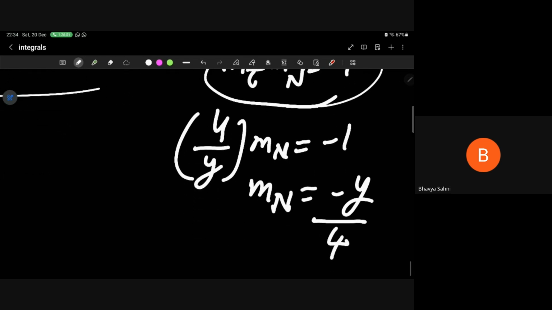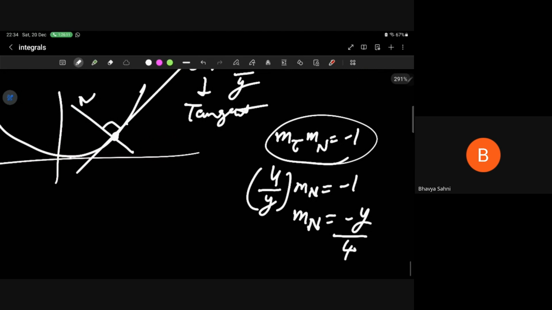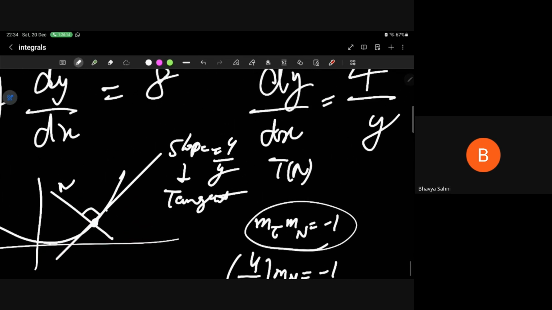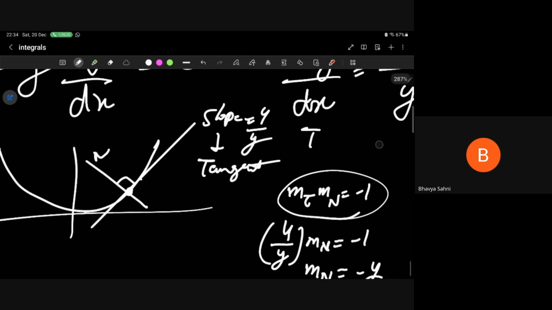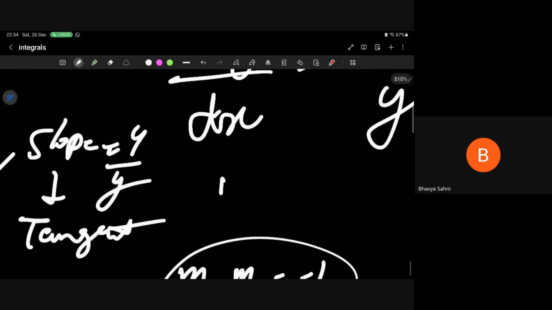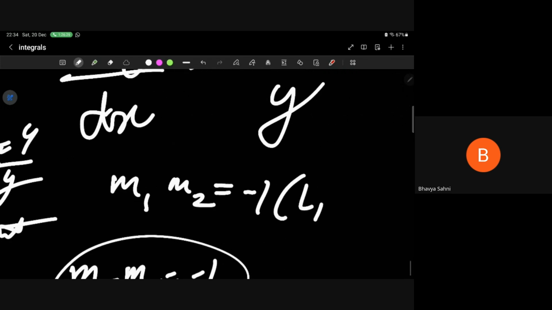So what we did was first find the slope of the tangent using derivatives. Then we use the fact that the slope of tangent times the slope of normal is -1. Basically, the slopes of two lines which are perpendicular to each other multiply to -1. Like if the slope of one is m1 and the other is m2, the product will be -1 if line 1 and line 2 are perpendicular to each other. And the tangent and normal